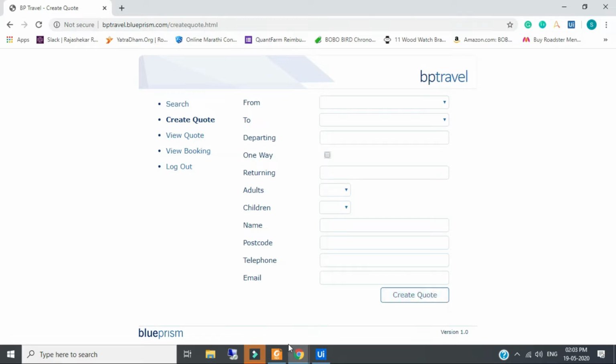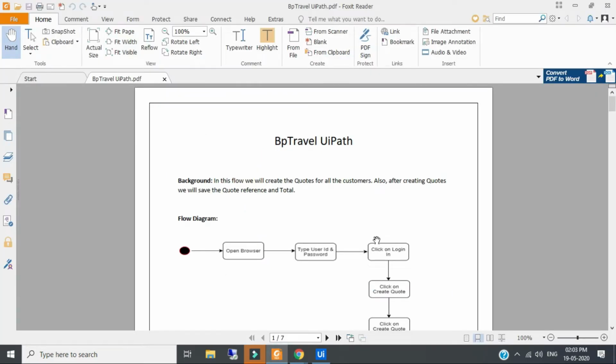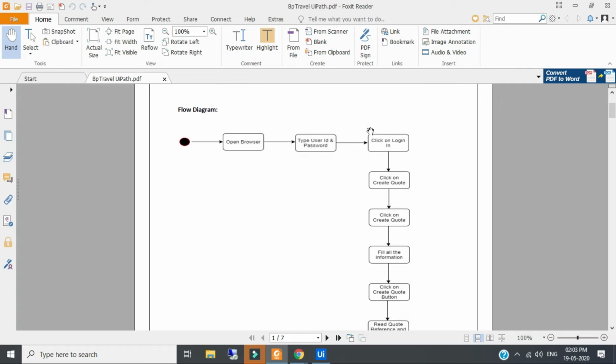Let me show you the document first, a flow diagram, to see how it is working. So this is our start. After that we manually open the browser. We provide a username and password, then click on login. After login it goes to the search page, where we click on create quote.